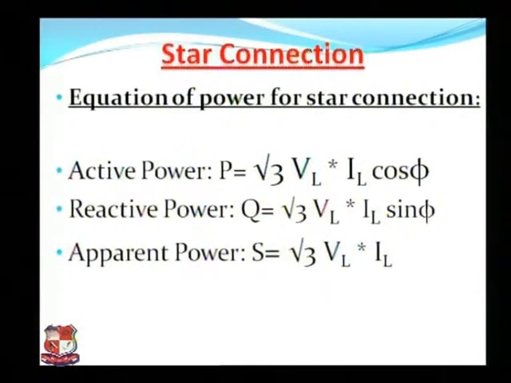That is the power which is generated from the voltages and the current flowing through it. There is no vector diagram, so the apparent power is S equals root 3 into VL into IL. These are also important terms, helpful for us to solve problems.